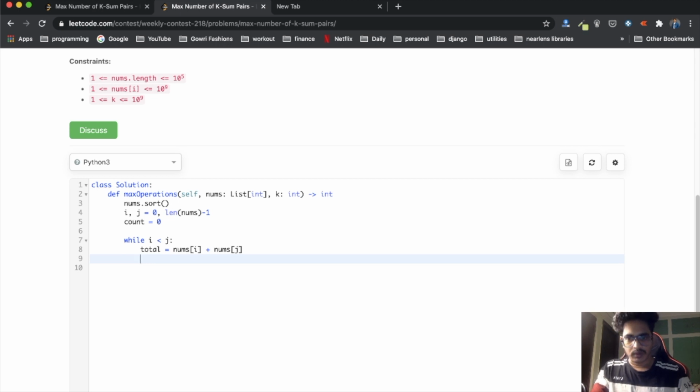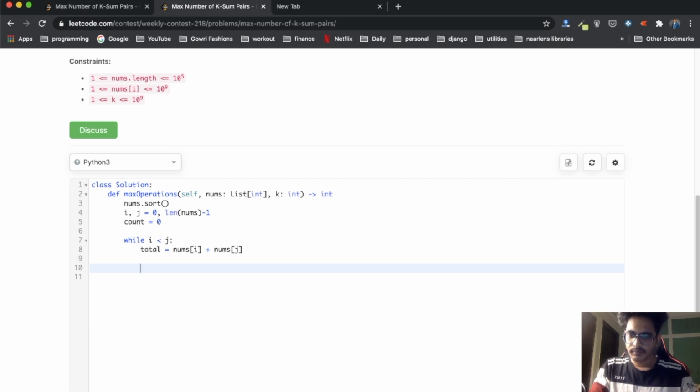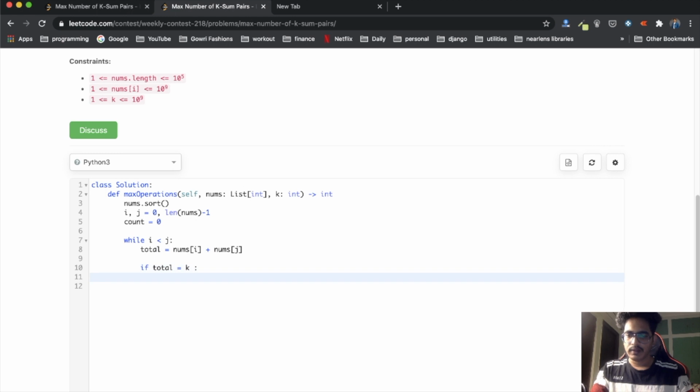So here we got our total. Let's see if total is equal to k or not. If total is equal to k, then we'll increment our count, increment our i value, and decrement our j value.